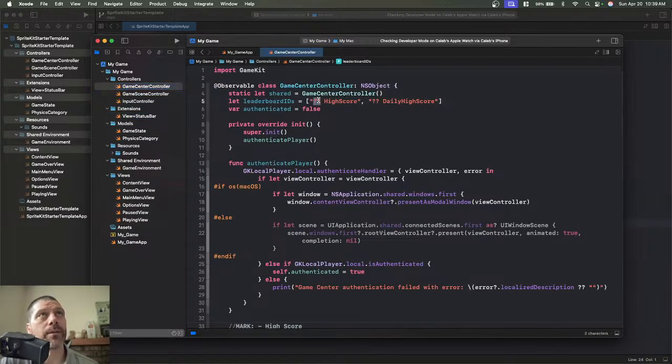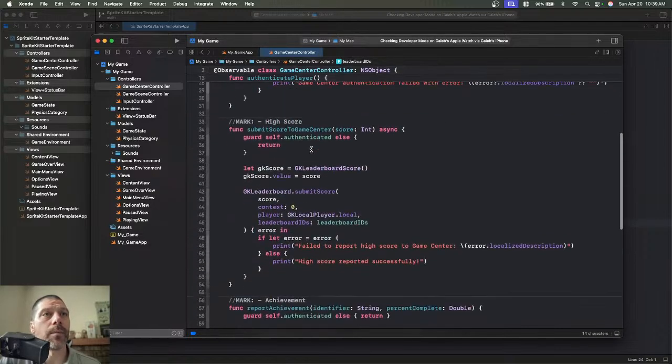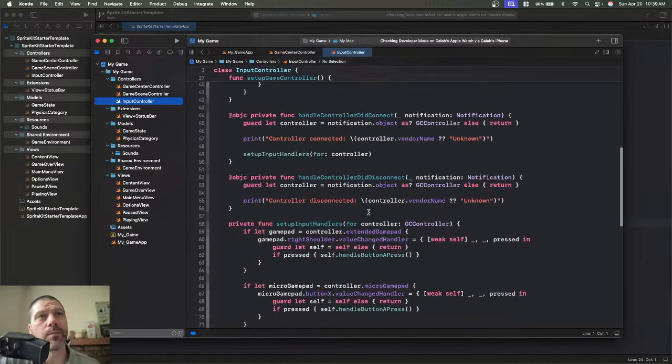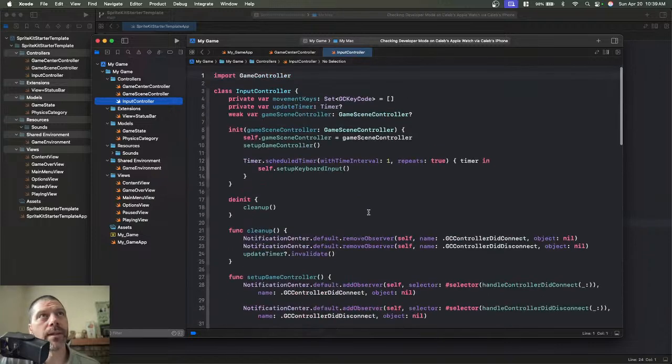Right here, I just put question marks, but you'd say, oops, you don't put spaces, game, and then you'd tie this up in whatever. So that's like a high score, daily high score. Come down here, you've also got a function to start reporting achievements. Tie all this up. The input controller is mostly bare bones, I guess, kind of here,